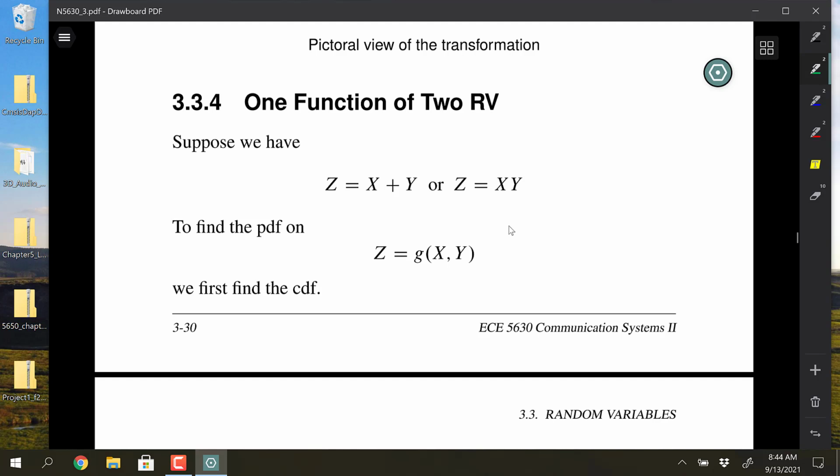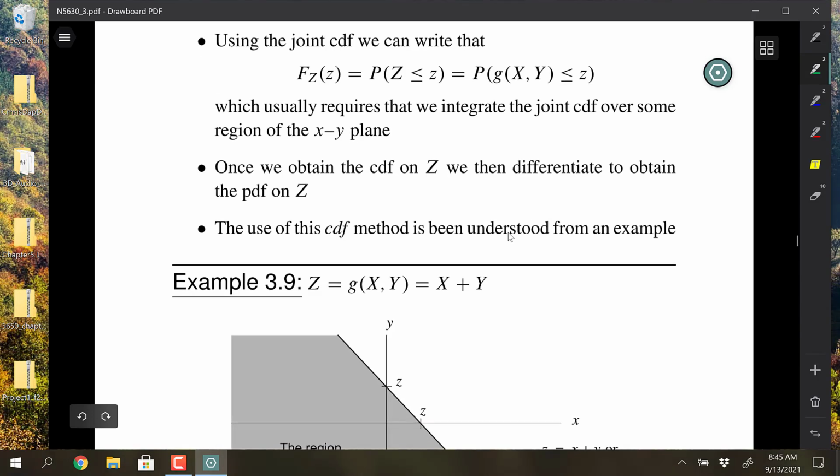So one function of two random variables could be just summing random variables, it could be multiplying them, it could be all kinds of different operations that would get involved. So it's just z is equal to g of x and y in this case. And there is a fundamental theorem approach for this, but it requires you to have n random variables going into